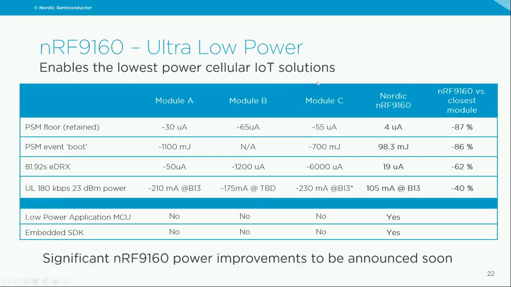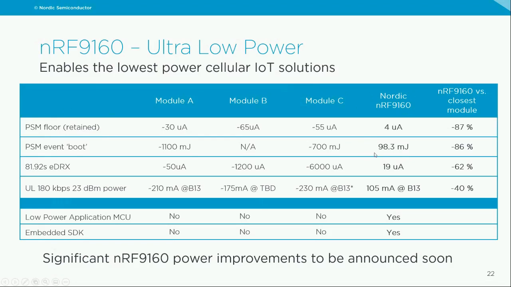So if you compare our nRF9160 to other modules that are typically used in cellular IoT applications, you can see that, as I mentioned, when you are in PSM and you are retained to avoid very long and very power-hungry wake-up times, our power consumption is almost 90% lower than other modules out there. Because we retain power and we have a very efficient wake-up cycle, and we can wake up very quickly, what we refer to as boot event when we go from PSM into active mode again is also extremely low